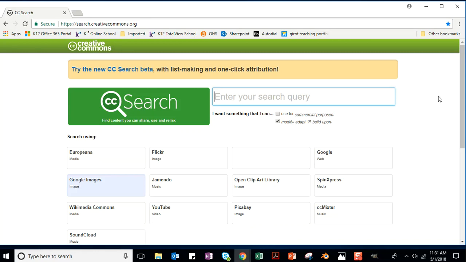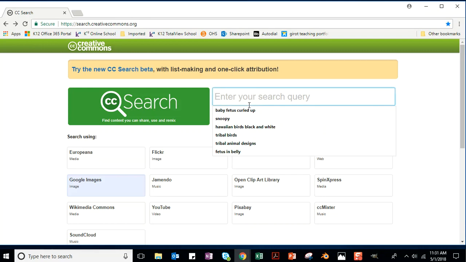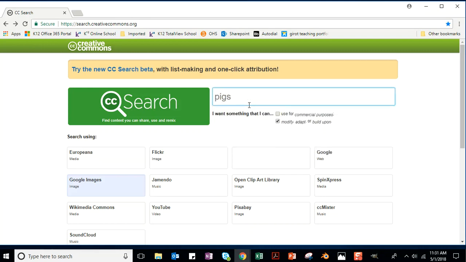So let's see, what is something funny and quirky that I could look up? All right, the first thing that's coming to my mind is pigs. I don't know why. So I'm just going to type in pigs, and I want something that I can modify, adapt, or build upon. I'm not using it for commercial purposes, so I'm just going to click that box there,